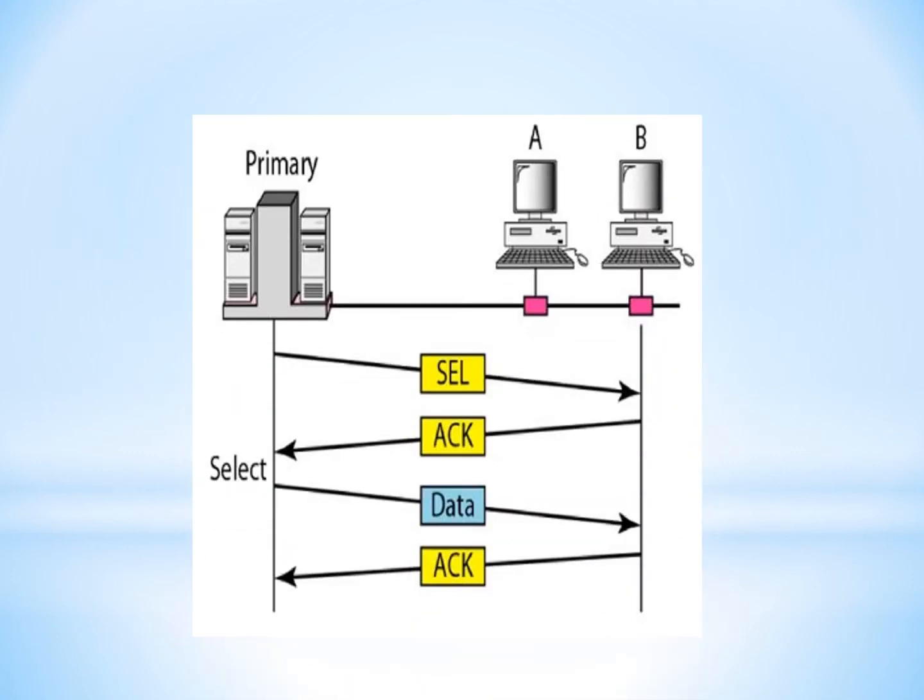So here you can see the diagram where the master controller is connected to the workstation. Whenever the data has been transmitted or selected, each and every time it will be acknowledged by the workstation. So you can see first the server, that is the master device, is selecting the workstation. Then it is acknowledging. Then it is transferring the data and again it is acknowledging and so on. So this is all about our polling.